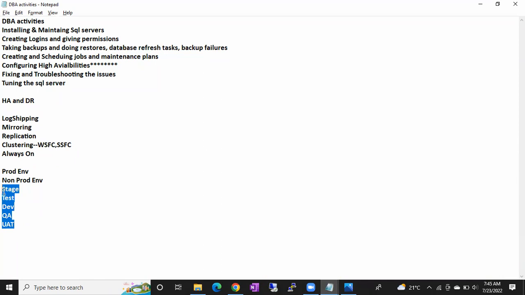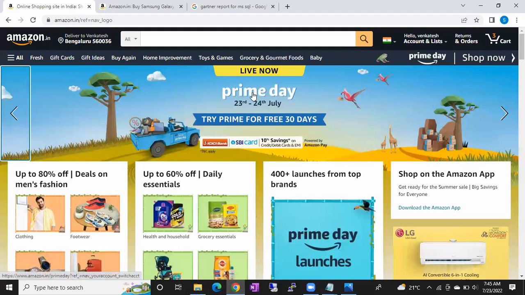If they want to do anything on the production server, they don't do it immediately. Why? Because we don't know what the impact is. If you do some changes, the server might go down, right? Without knowing the impact, if you apply any changes on the production servers, it might affect your application. Your application will be down. Imagine if Amazon is down during this Prime Day sale, how much loss will there be for Jeff Bezos? A lot of loss, right? Even if it is down for 1 minute, there will be a lot of loss. All the transactions and orders will be cancelled. So it will cause a lot of loss to Jeff Bezos if the application is down for 1 minute.